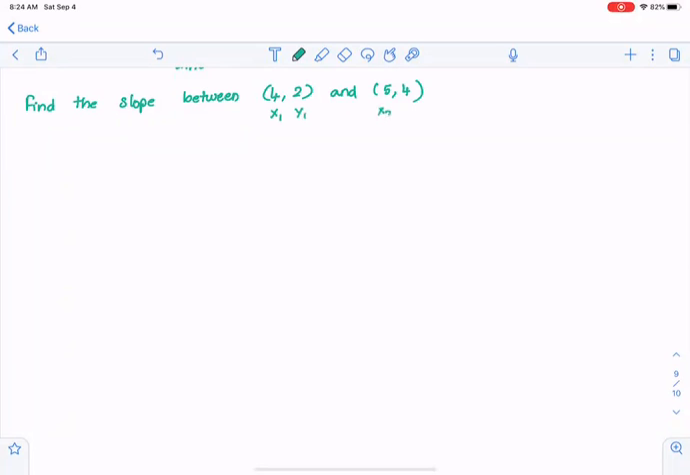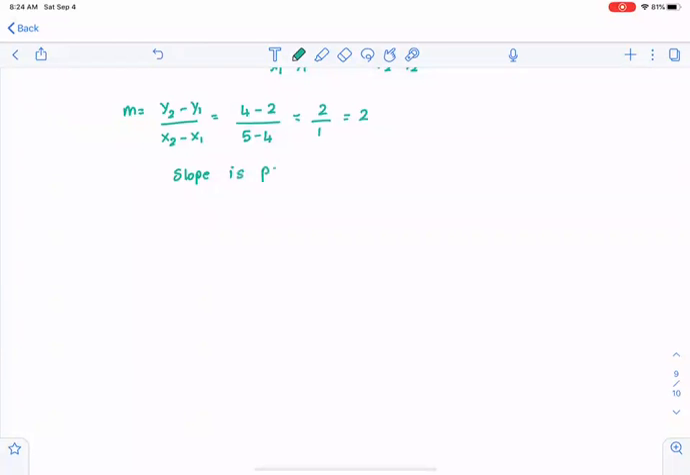x1, y1, x2, y2. As always, I'm going to call the first point x1, y1, and the second as x2, y2. y2 is 4, y1 is 2, x2 is 5, and x1 is 4. So 4 minus 2 is 2, and 5 minus 4 is 1, so the slope is 2. The slope is positive,